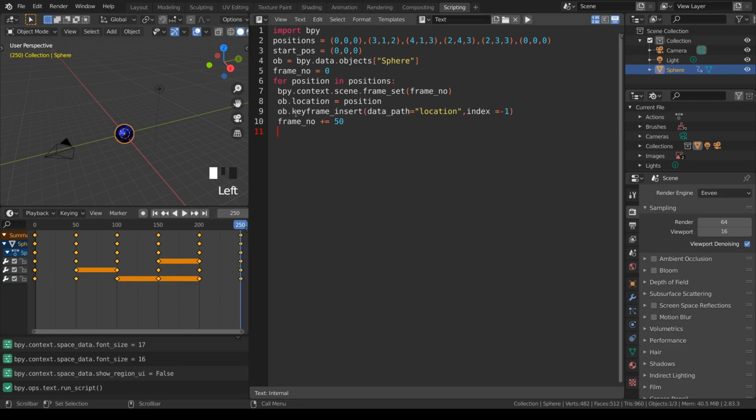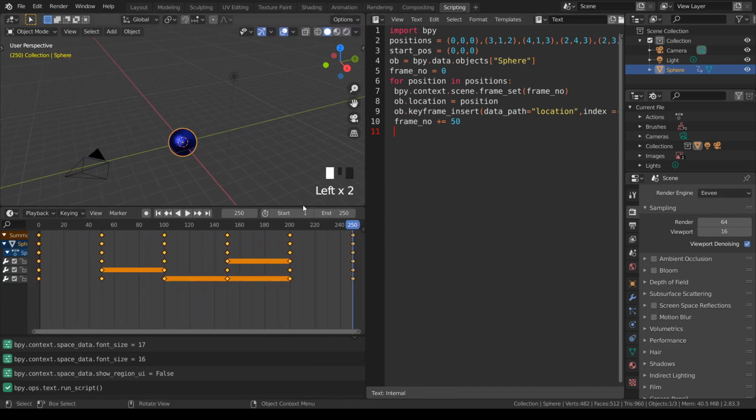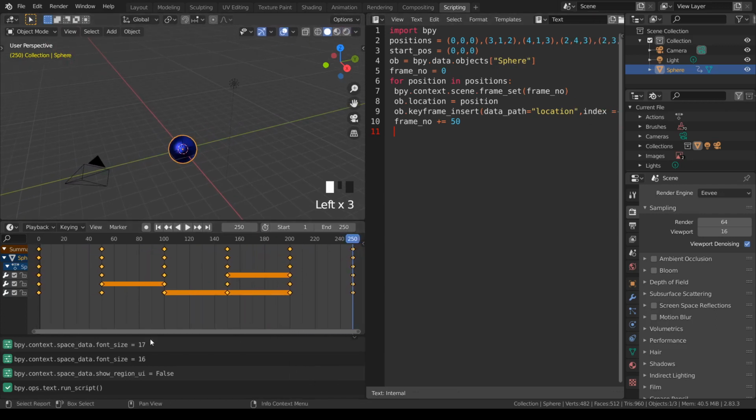Now here, this is what works where your keyframe gets inserted. So if you see over here, I have object dot keyframe insert. So I'm inserting at every location where index is given as -1 and the object is given as sphere. So this is about the basic part. So let me just expand this now and see how my time frame works. So let me just run and see.